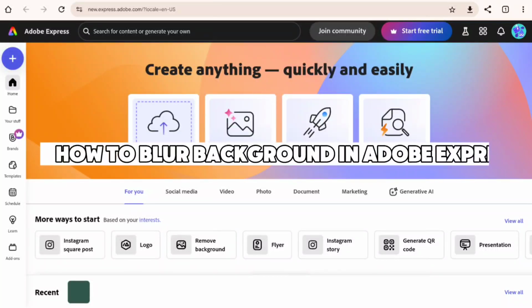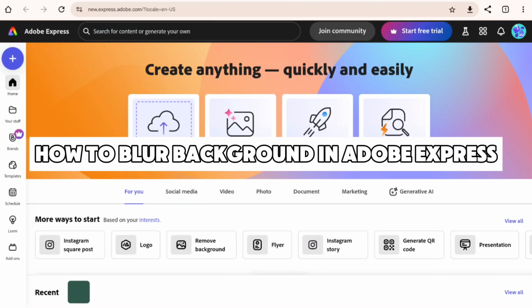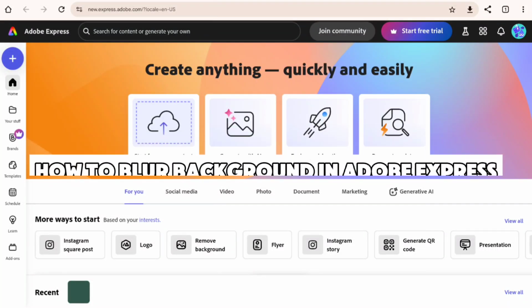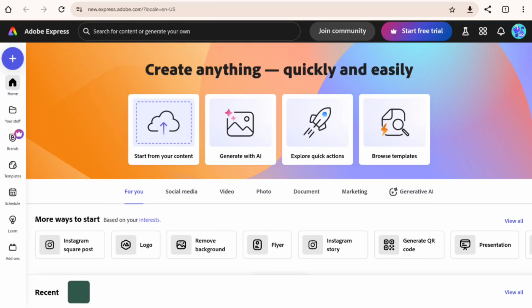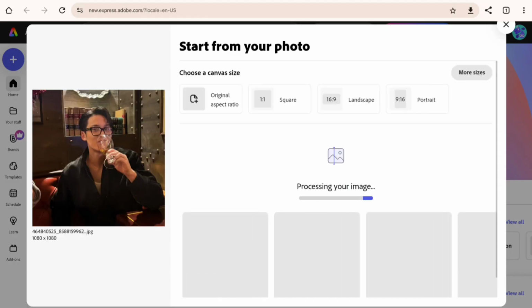In this video, I will show you how to blur background in Adobe Express. To get started, go ahead and open Adobe Express on your browser and make sure that you're signed into your Adobe Express account. And here, go ahead and click on that Start from Your Content button and upload your